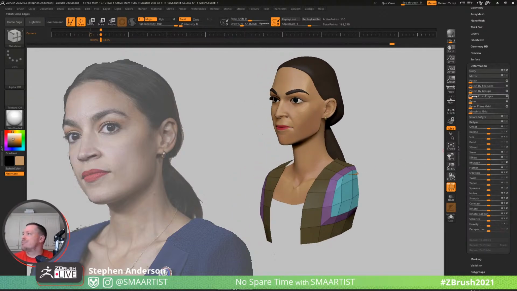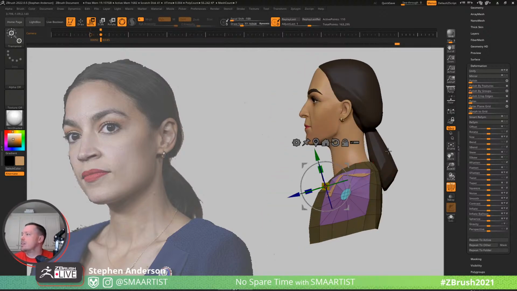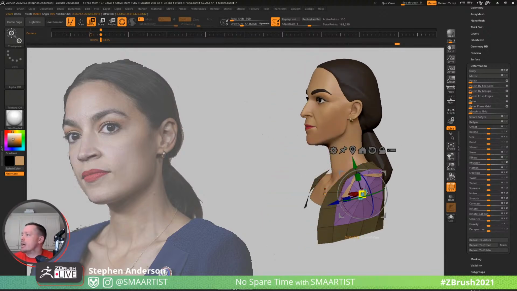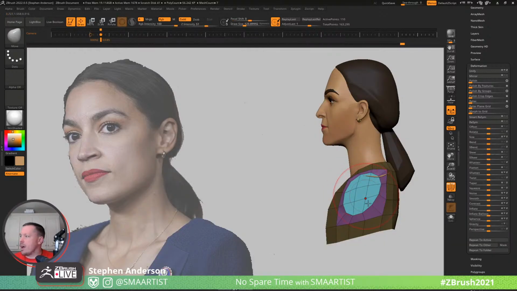The teeny tiny little arms. Oops, local symmetry. Being able to use the gizmo, different things like that. So there are options about how to use the cloth, the dynamics,